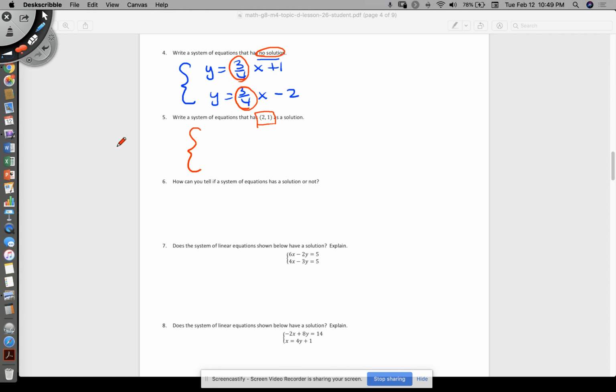How can you tell if a system of equations has no solution or not? Well, have you noticed here, you had to have different slopes. If they have different slopes, then they will intersect. If they have the same slope, then they will not. So let's write that down. If the slopes are different,